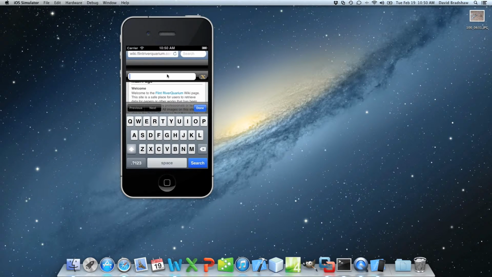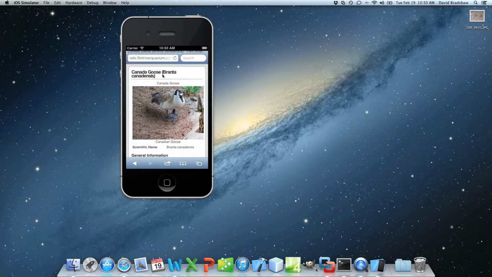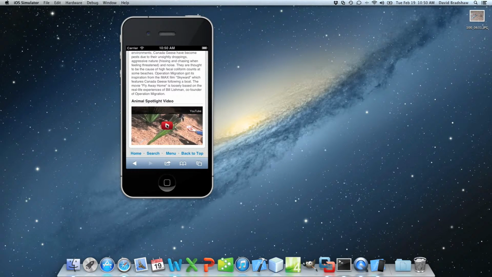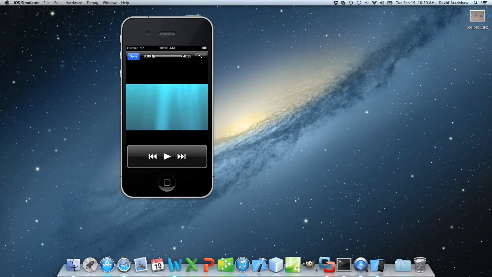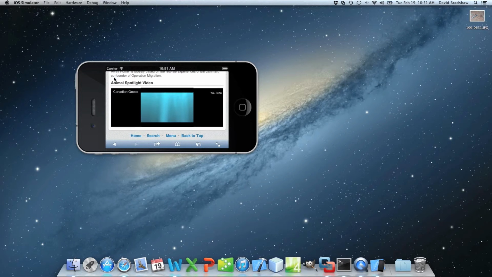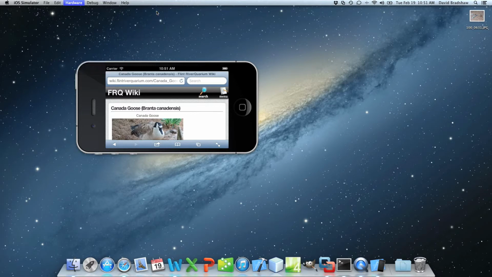So let's say we wanted to go back and see the goose. It'll let us search, and that's it, Canada Goose. We'll choose it, and you'll see everything is perfectly formatted for your mobile device. You can also watch the videos on your mobile device, which will enter full screen mode. You can also turn your device sideways to view videos full size, like this. I think since I'm on a virtual device, it's not going to let me play it, but you can use the phone anyway. This also works for iPad,